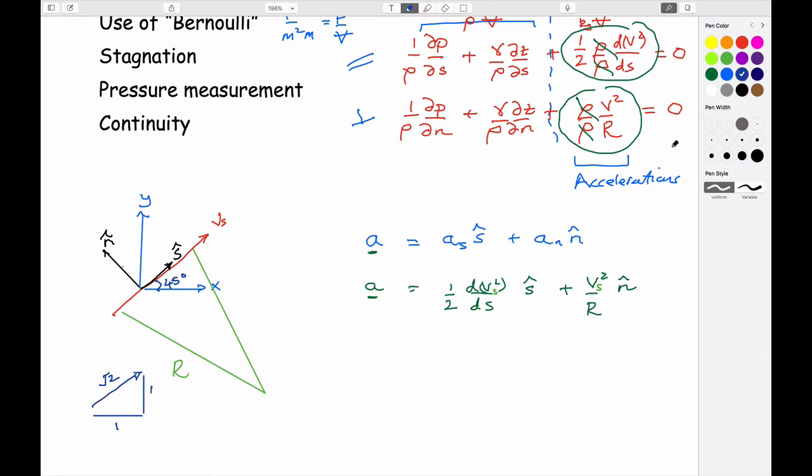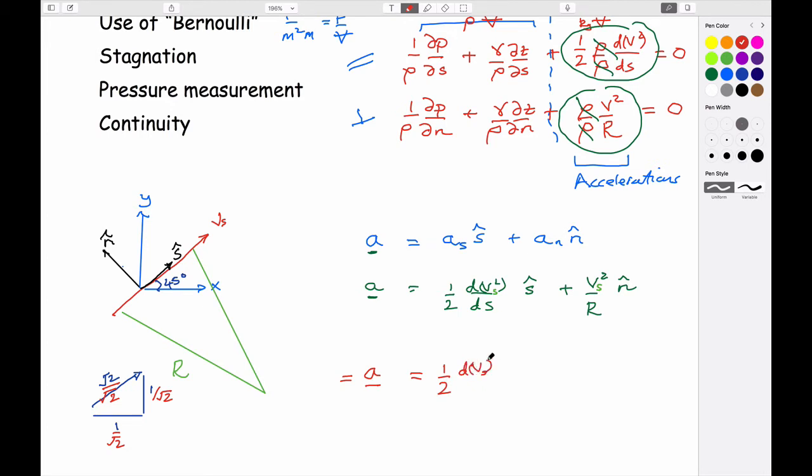So what we could do is just divide this vector through by, if it's 45 degrees, square root 2. That means that this gets divided through by square root 2, and this gets divided through by square root 2. And then this is 1 by definition. And so then this acceleration term, if you write it out in its full components, is equal to a half